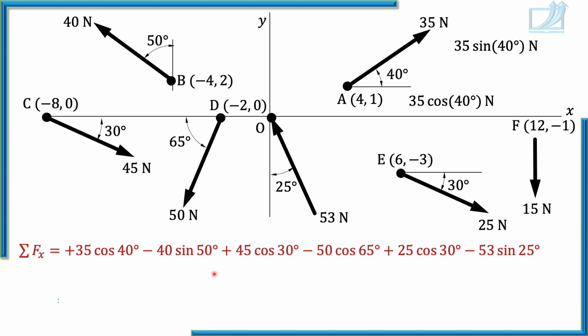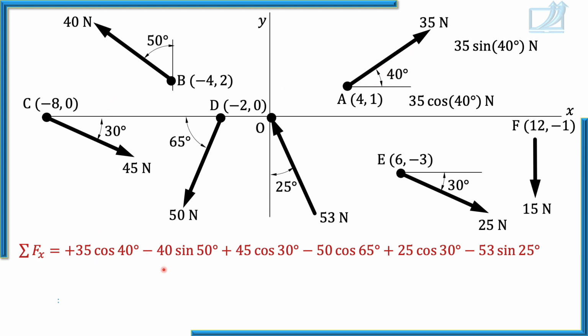So this statement is addition of x components of all forces. Calculations are no problems at all because you are using calculators. You are going to use calculators in exam also. So calculations are no problem. When you write this statement on paper, be sure that you have taken care of positive negative sign. Just focus on arrowhead.